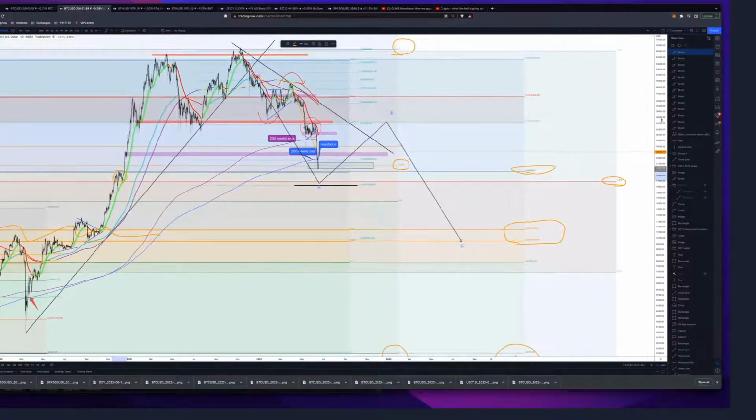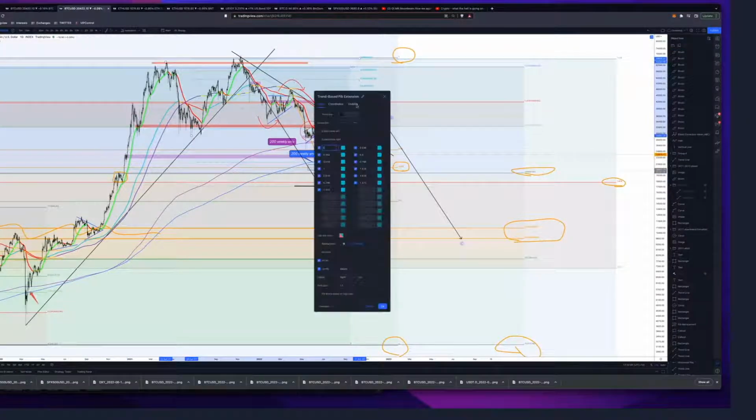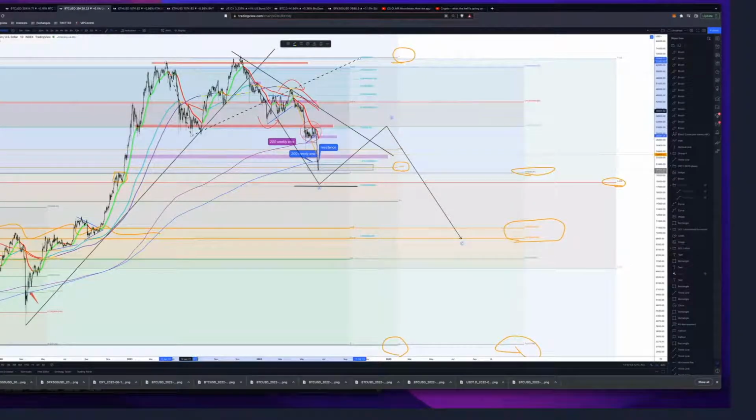the fib extension, let's see, get this orange one or blue one. I'll just add that. You'll see the fib extension from the swing high to the swing low, back to the swing high. We have this level of the 1.414 in that range as well. So we have a number of confluence where from this level to this level is somewhere in that range. We're going to have a target based on